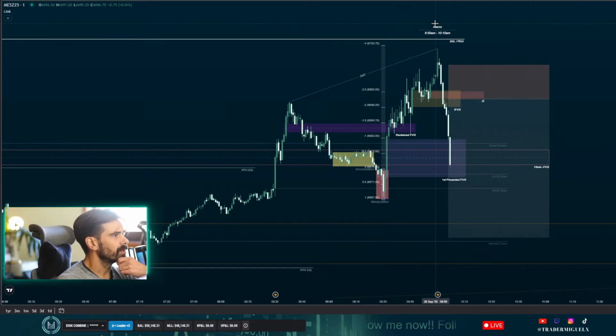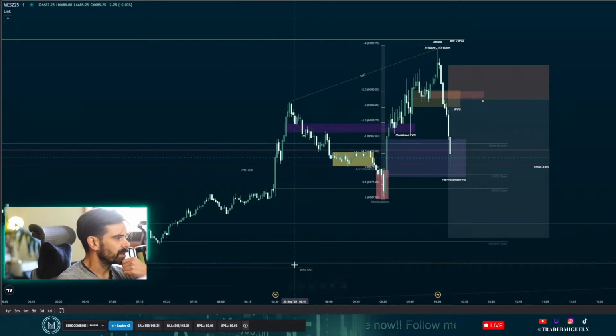Beautiful delivery since the macro. Since we hit buy side liquidity inside a macro. But now I would like to see some sort of retracement to the upside,